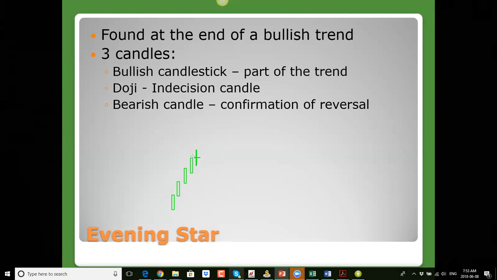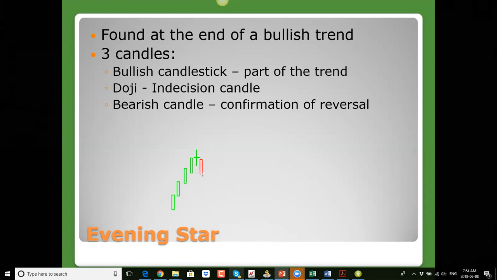So we have price that opens and closes at approximately the same point. It can be at exactly the same level, or we can have a small candle body in the middle. But the important thing is that the candle body is very, very small, and we have large pins on both sides. So those two candles are the first part of our pattern,